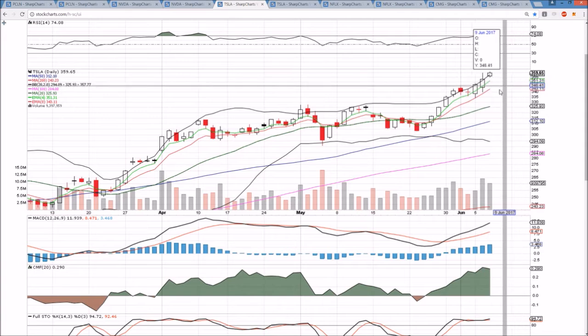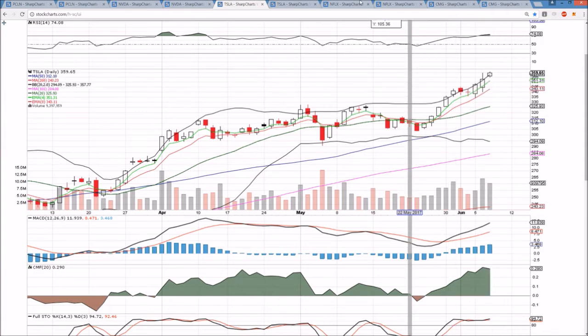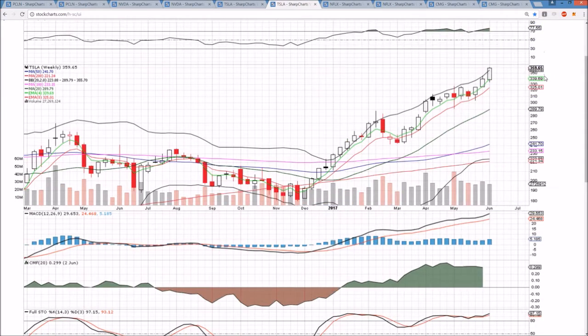Update the upper Bollinger Band at the open. That will likely start tomorrow as resistance. Weekly time frame. We haven't closed above the weekly upper Bollinger Band in months. So if the bulls are able to close above 355.70 by the end of this week over the next 2